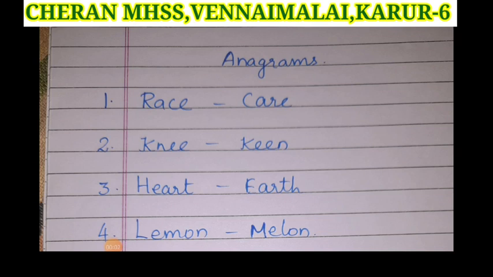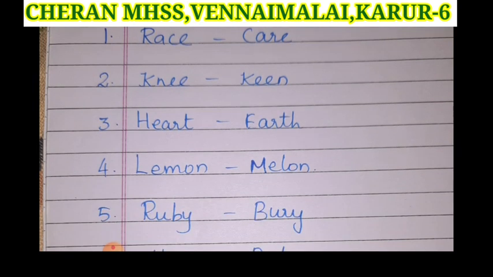Children, let's see the next Roman, anagrams. Listen, already we saw this. Anagrams means the same letters should be there in the new word also. Already a word will be given, ma. Using all the letters from the word, we have to create another word. And no letter should be added, no letter should be left. So we have to frame another new word. For the first one, race, R-A-C-E. How can we change? Care, C-A-R-E. Second one, knee, K-N-E-E. It can be changed as keen, K-E-E-N.